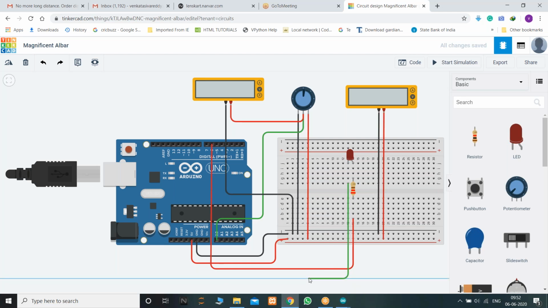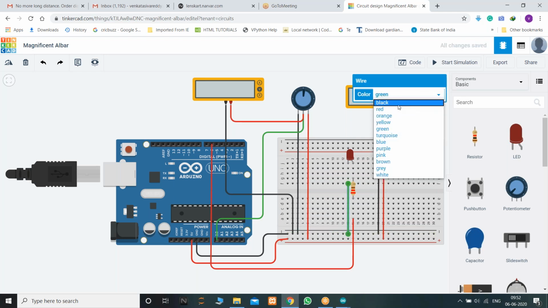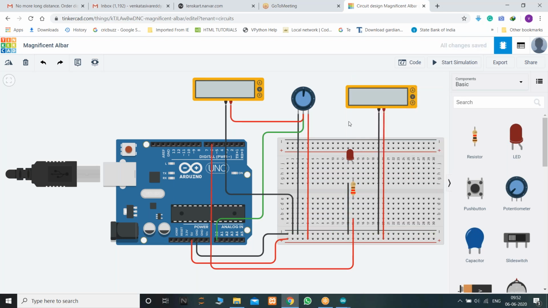And we do have a common ground, right? Black. I just connected this LED.